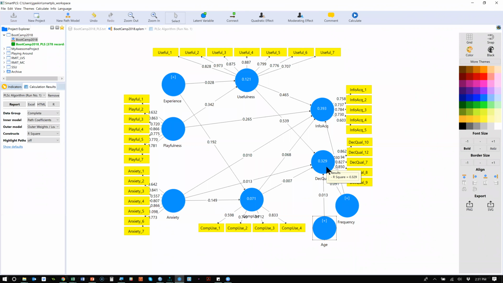How do we know to put that there? In Amos, we had ModelFit to look at, right? PLS does not assume ModelFit. ModelFit's built on a chi-square. The chi-square is built on covariance matrices. PLS is not built on the covariance matrix. So there's no chi-square. So in order to assess ModelFit,